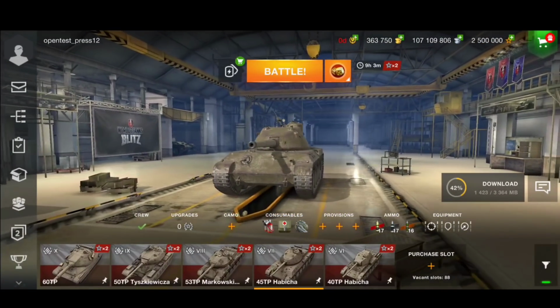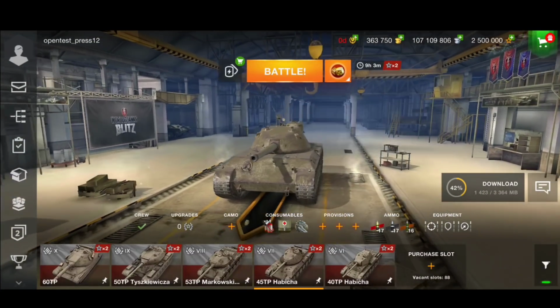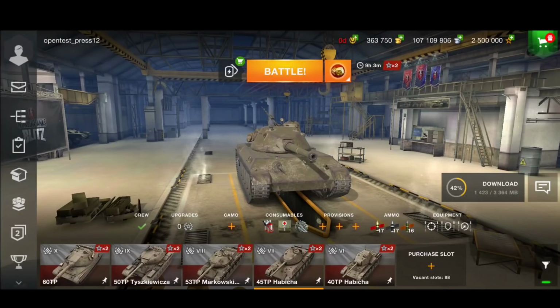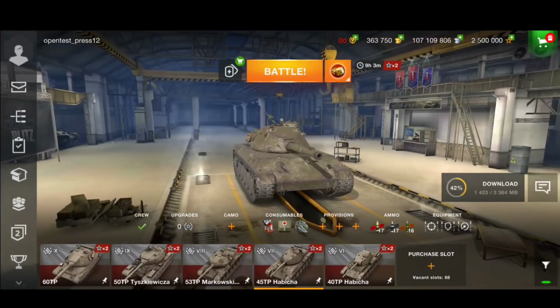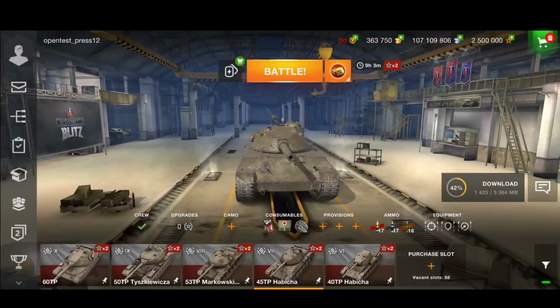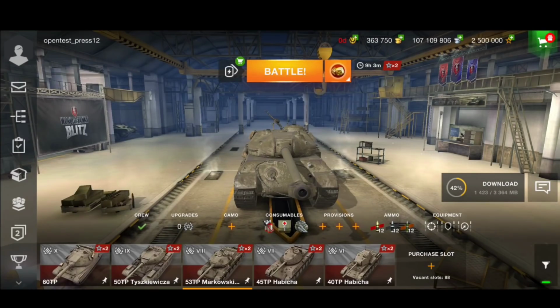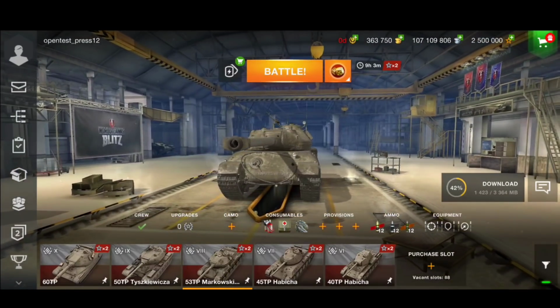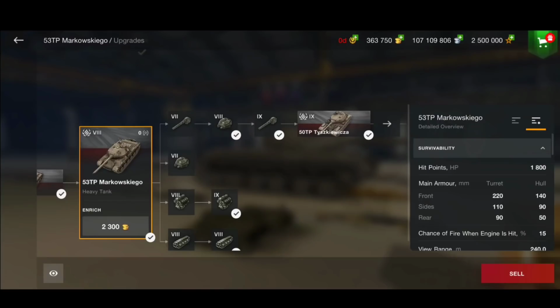It doesn't have a great hull. The armor's pretty bad. It does have some armor on the turret, and I do think with the shape of that, you will get some bounces. The hatch looks like it's going to be a big weak spot as well. So that is the tier 7. Now, moving up to tier 8, hopefully this is where it starts to get a little bit better. We have the 53 TP, and again,